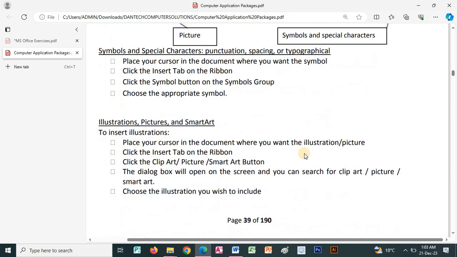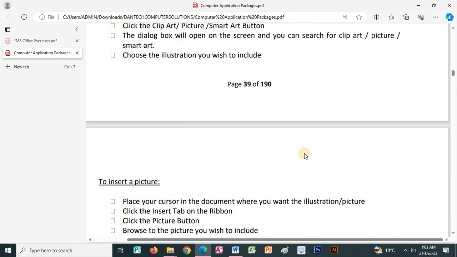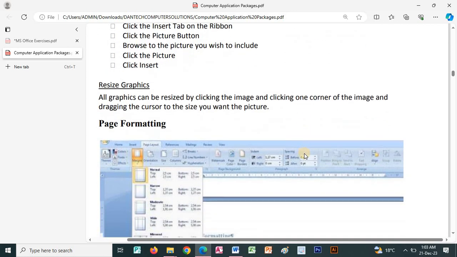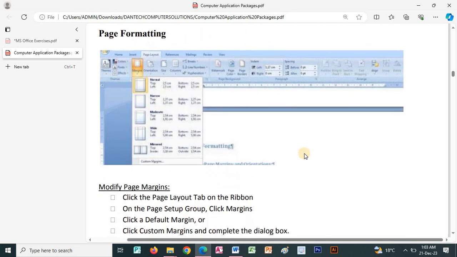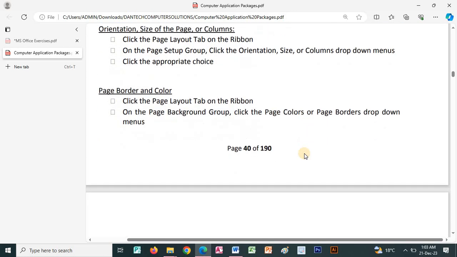So as we will be doing these things practically, we'll be able to learn more about word processing, and I can promise that you will not regret having